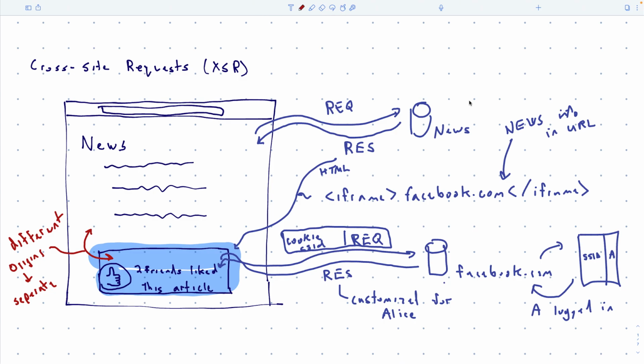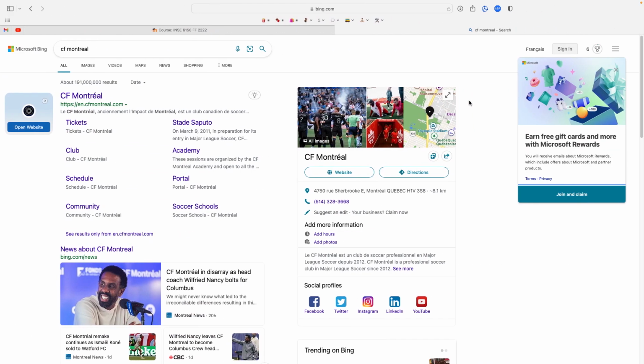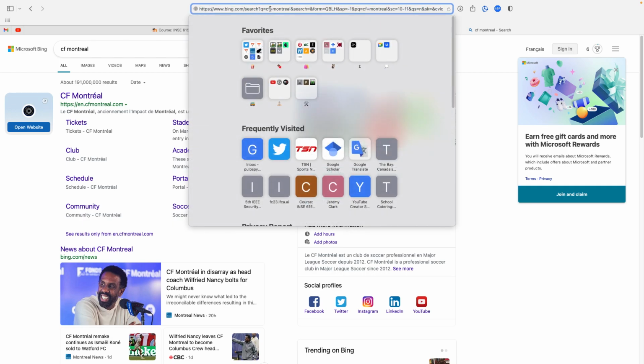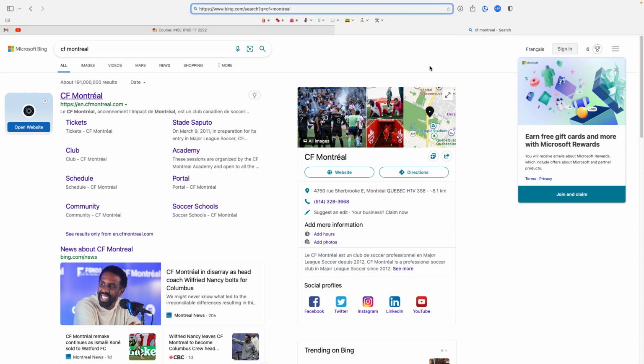And so what the modern web has tried to do is move to: can the server know what you're asking for without remembering anything, without having to write anything down? And so the more common approach, which is called RESTful architecture, is we dump the search term in the URL, and then we just say you do a GET request for that URL. Okay? So you can see in this URL, it's bing.com/search?q, which probably stands for query, equals CF Montreal. Okay, and then there's a bunch of other garbly goop that we'll come back to.